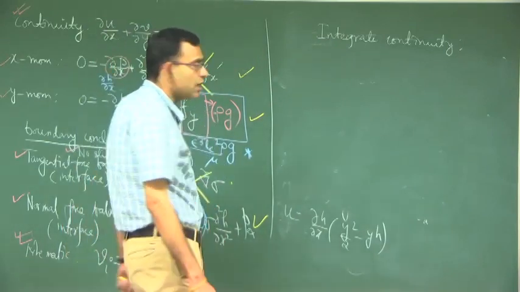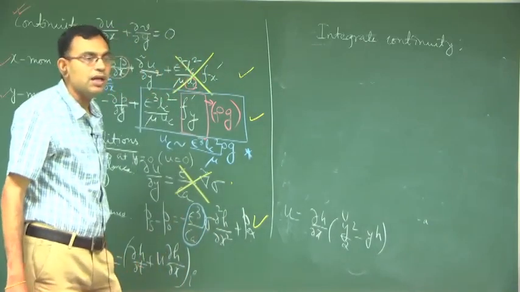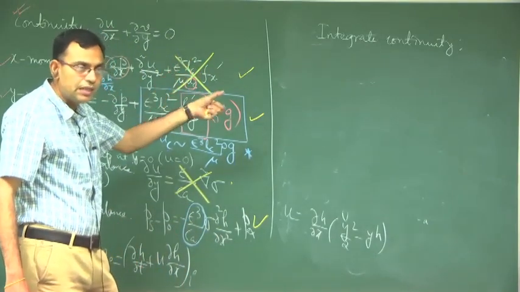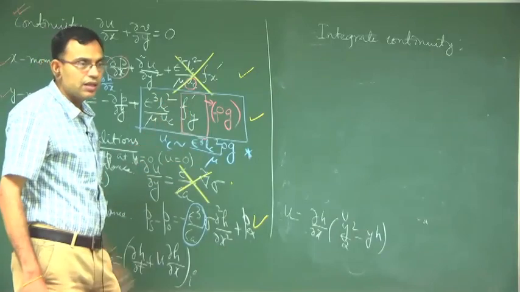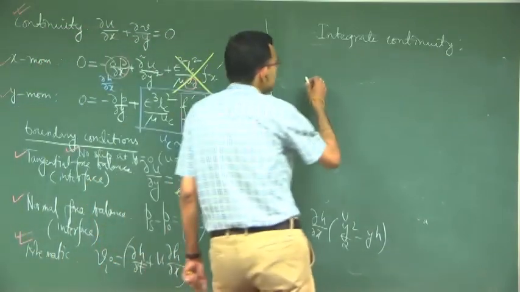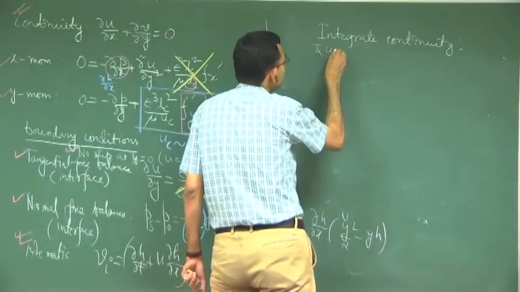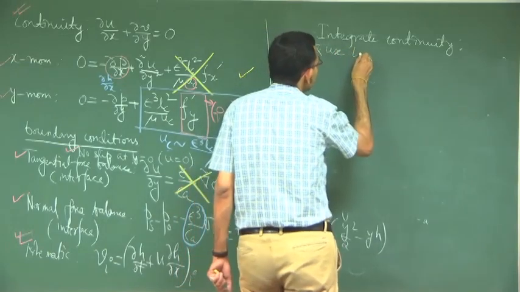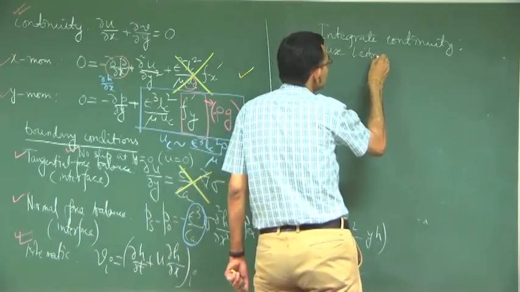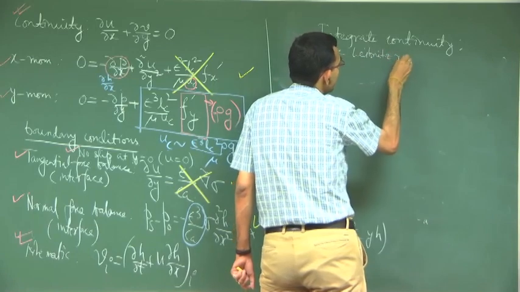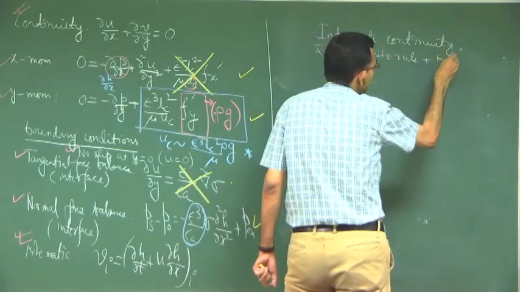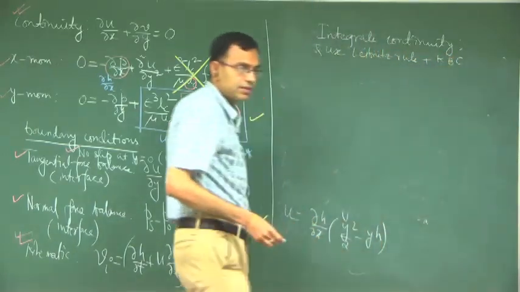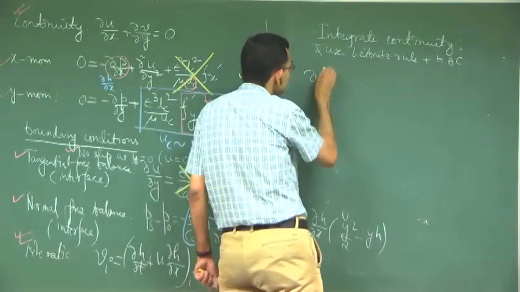So, if you integrate the continuity equation and use the Leibniz rule, I am not going to do it again because we have already done it in the previous thing, and use Leibniz rule plus kinematic boundary condition. What you will get? Del h del t